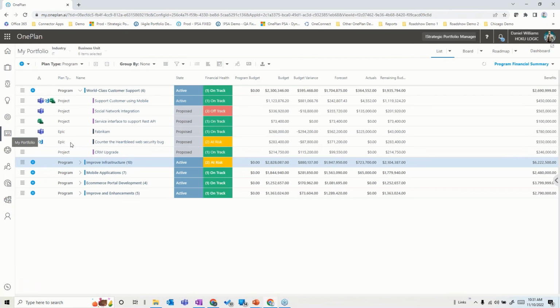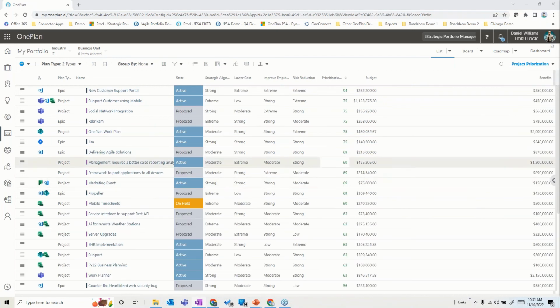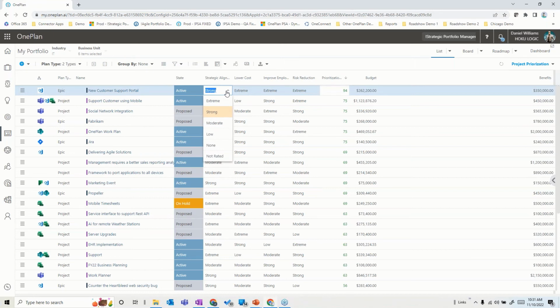Now, how do we leverage this from a decision-making perspective? Well, if I go back to the portfolio and I go back to a project prioritization view, you can have all kinds of scoring options in here. So for example, in this case, we're using a more business driver model where you can select for your different projects how well this is strategically aligned. Is it well strategically aligned or not at all? It's going to help us lower costs, so you might have increased revenue, improved employee retention. Is it going to reduce risk? And the idea is there are calculated formulas behind here that drive a prioritization score based upon your selections here.